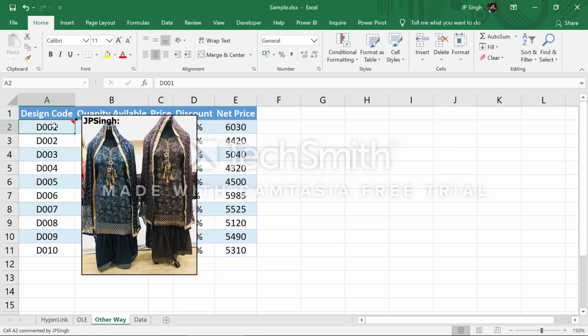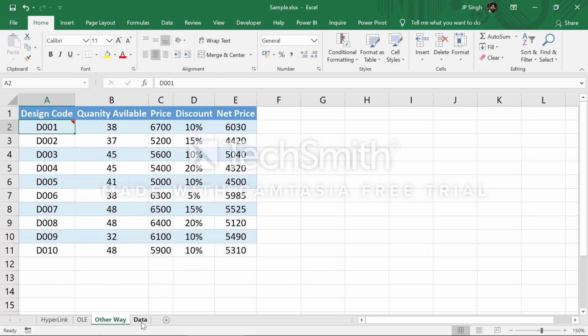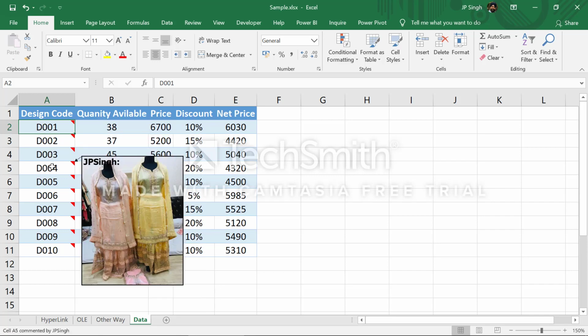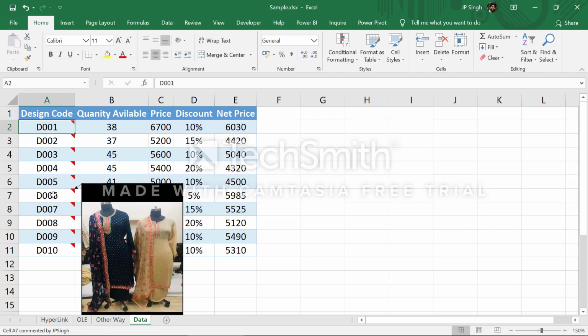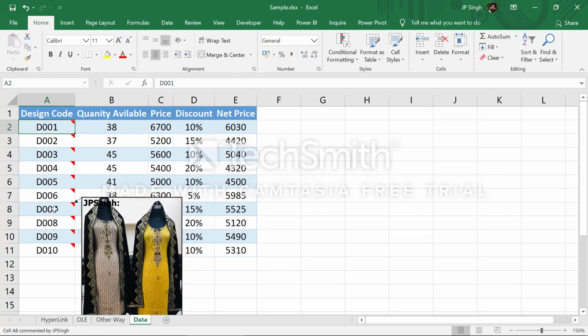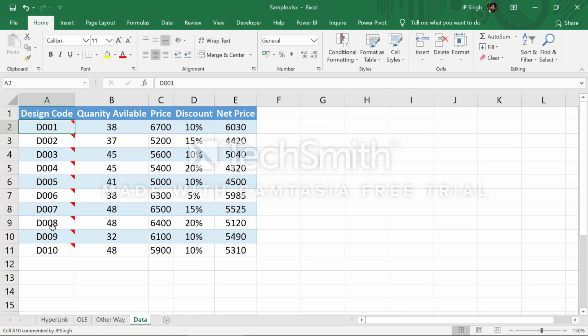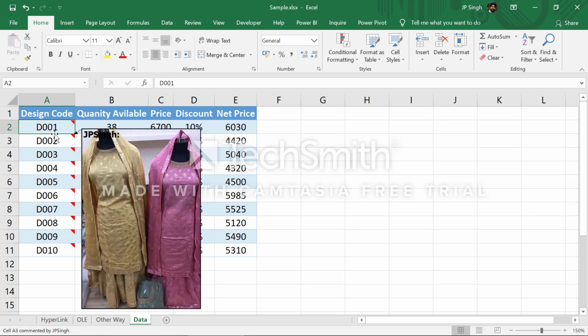Actually, it is not a picture. I am using the comment background here rather than putting in a hyperlink or OLE. So this is a tips and tricks for that. When you have inserted all the comments, your sheet will look like this. It's very easy to understand and easy to see the design. You just take your mouse pointer there. You do not need to select the cell, and you are able to see all of this in one way.